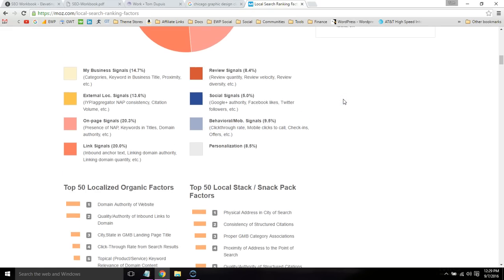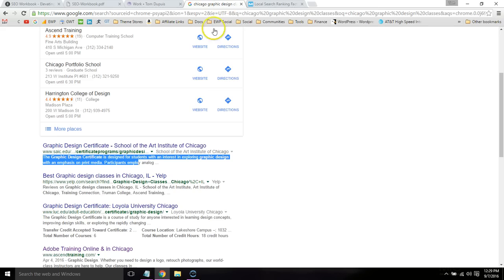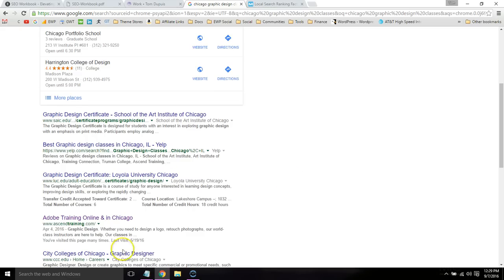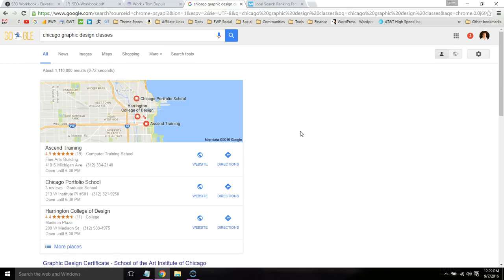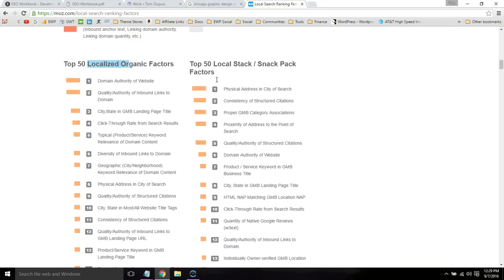But Google Maps are really the local snack pack factors. So Google Maps, the local snack pack results are these, and these are the localized organic. So if you Google your keywords and the snack pack results are the main ones that show up on top, those are the main factors you want to target. So local SEO can actually be divided into that local snack pack and the localized organic. I like to go for the local snack pack results, just because those are the first things